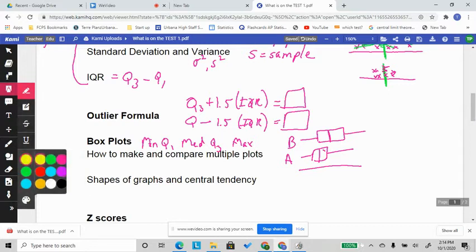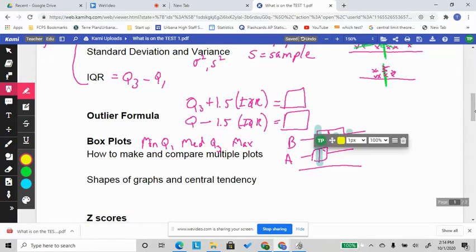Hold on one second. I can tell by using this right here that 75% of B is higher than 50% of A. So that's one thing that I can tell. Another thing I can tell,